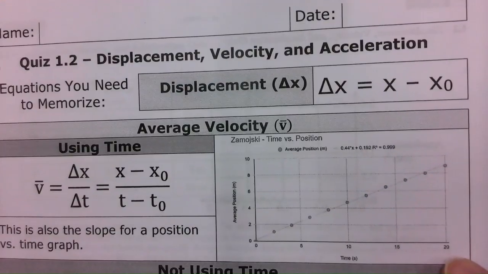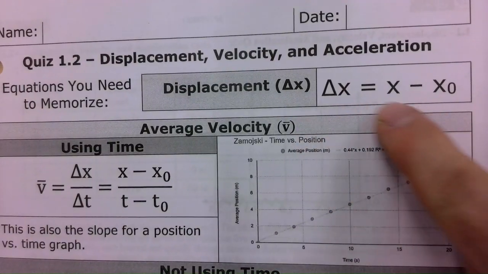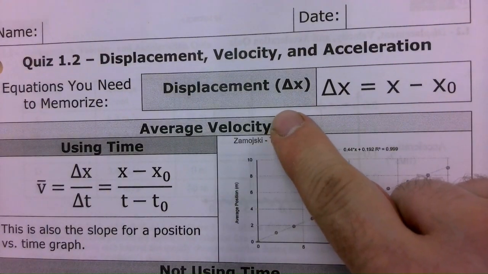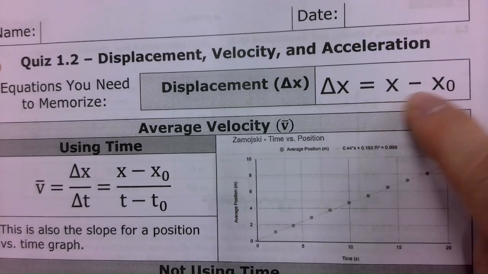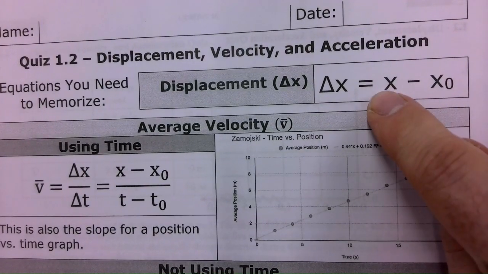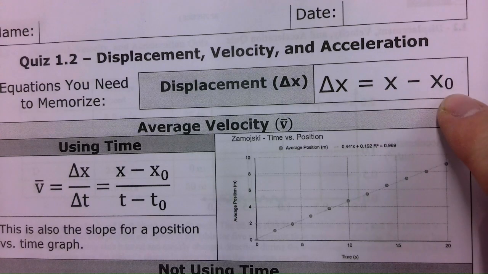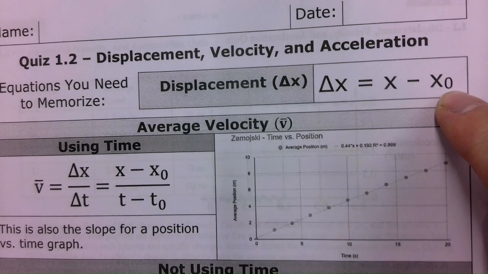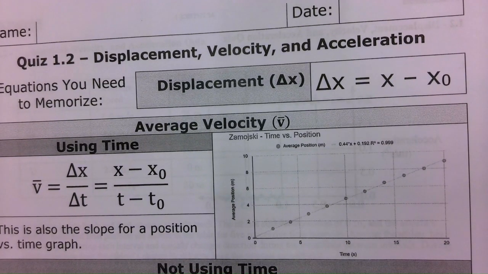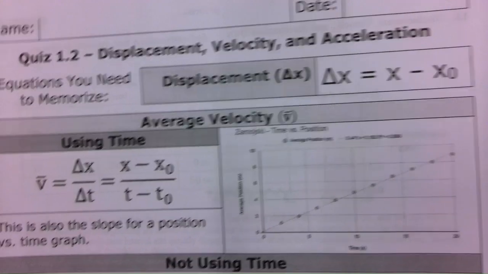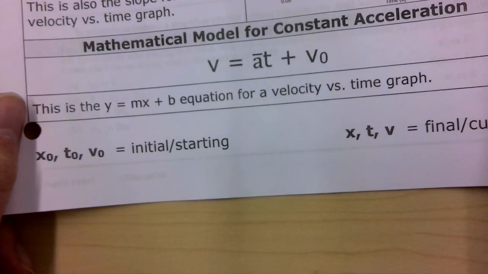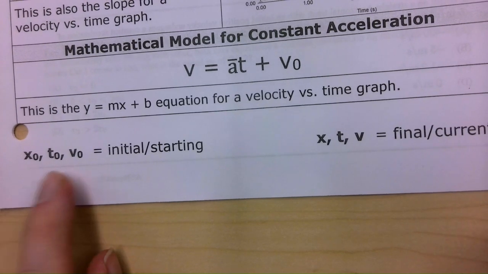One of those is the displacement relationship, and this actually is just a definition. Displacement is the change in position, so it's the difference between 2 positions. This is your current or your final position. This is your starting or your initial position. And the way College Board does notation for this for AP Physics 1 is the variable with the little 0